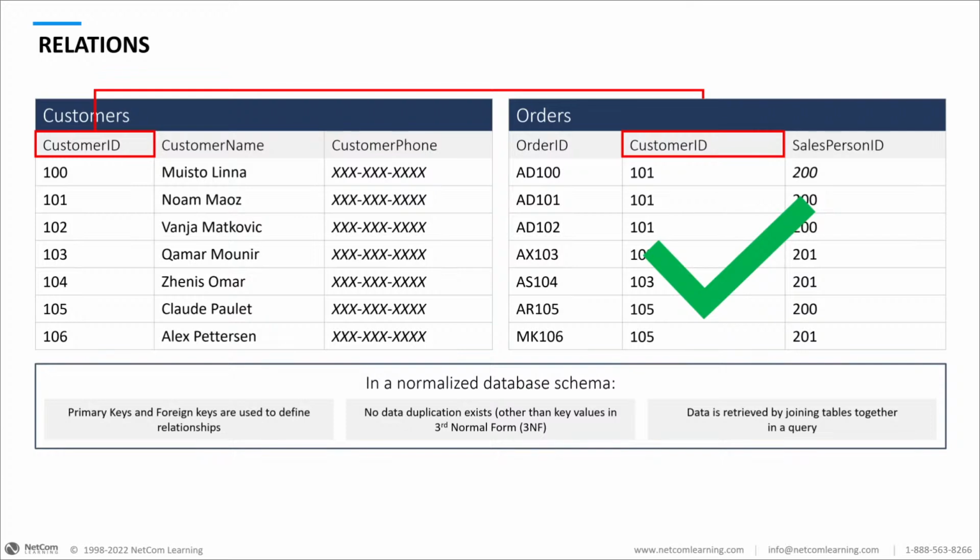And the data is retrieved by joining tables together in a query. So we would select customer ID from customers and customer ID from orders where customer ID equals 100, and it'll pull the data out and give me the responses that show the information for those 2 tables.